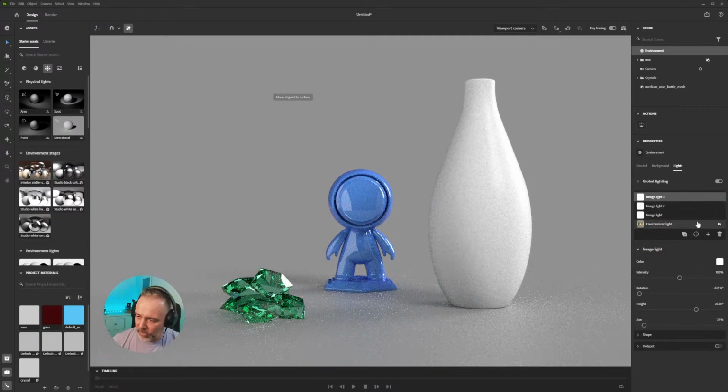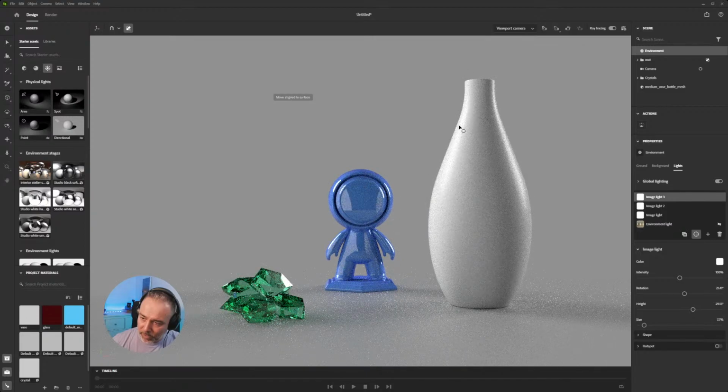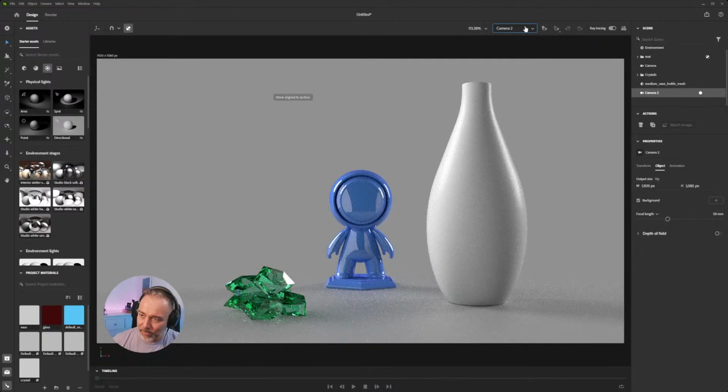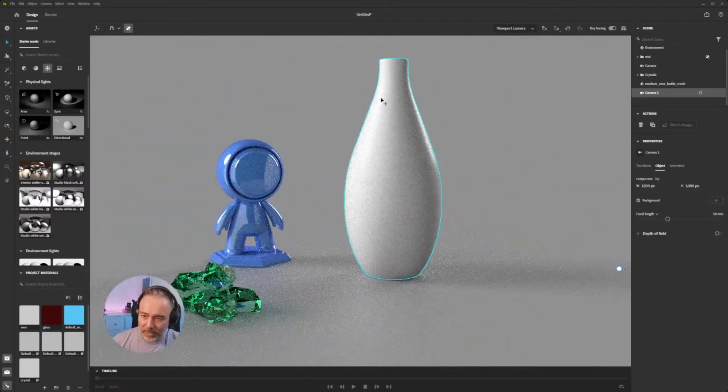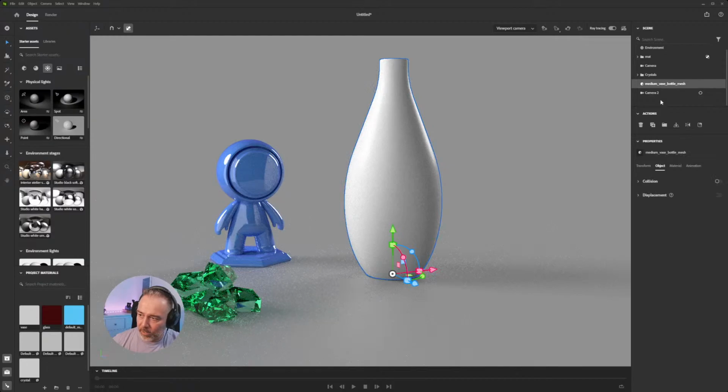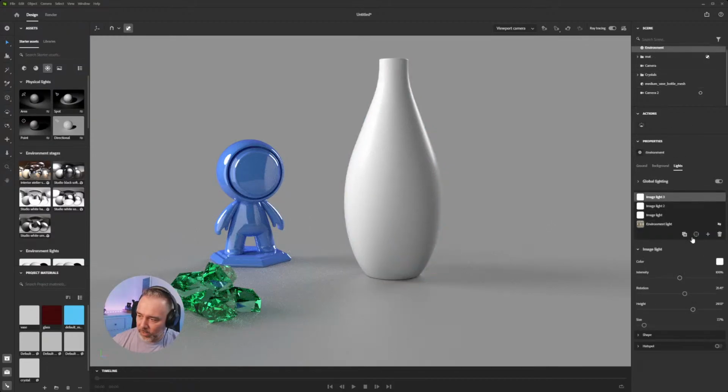Here plus like 3, so it's key light, fill light, and it will be my rim light. Once again, I'm going to try to put it here, and as I cannot go behind, I am in the viewport camera, so I'm going to create one camera, and now I'm going to go to the viewport camera and go behind and say I want the light 3, I want it